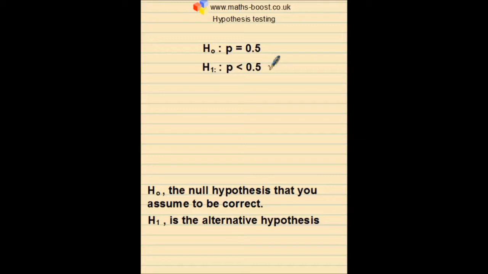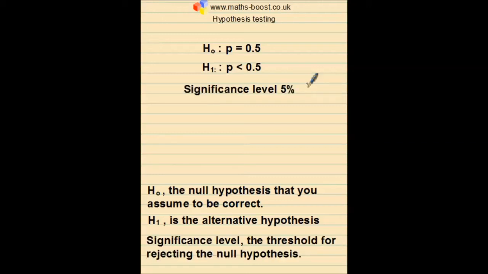I'm just going to draw your attention to the fact that I'm only interested in proving the probability of landing on a tail is less than 0.5. If I had said I'm interested in proving the coin is biased, then I would be trying to prove something different, that the probability isn't 0.5. In other words, that the probability is either less than or more than 0.5. But you can see in this particular case, in the interests of me winning my holiday, I don't care if the probability is higher than 0.5. I'm only concerned with, and hence trying to prove, the probability of landing on the head is less than 0.5.